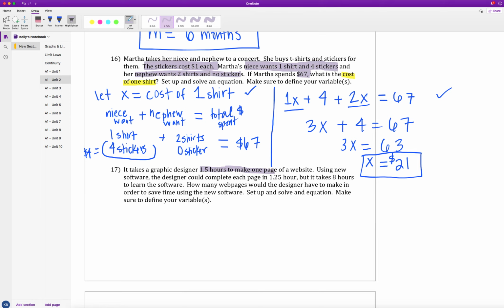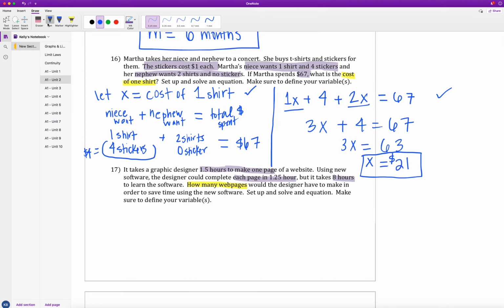Then there's this new software that would take less time, so each page would be 1.25 hours, but we first have to learn how to use that software, and that would take 8 hours. What we're after is how many web pages the designer would have to make in order to save time. So at what kind of breakpoint does the old way equal the new way? At that point, if they're going to make that many, then it's probably worth it to learn the new